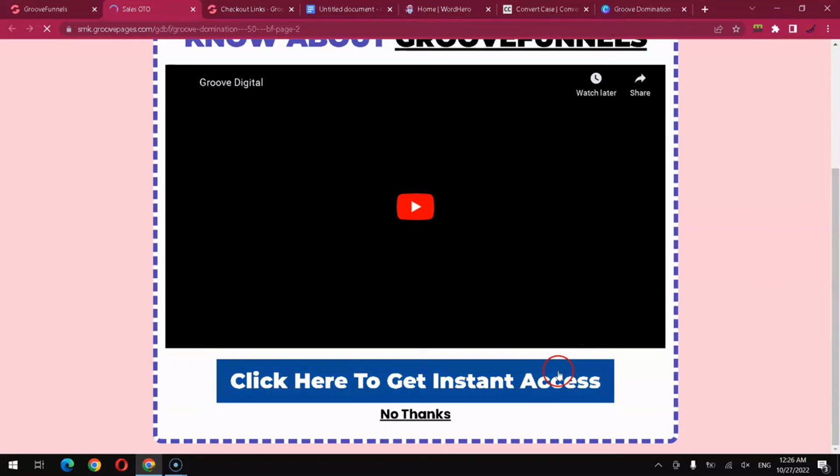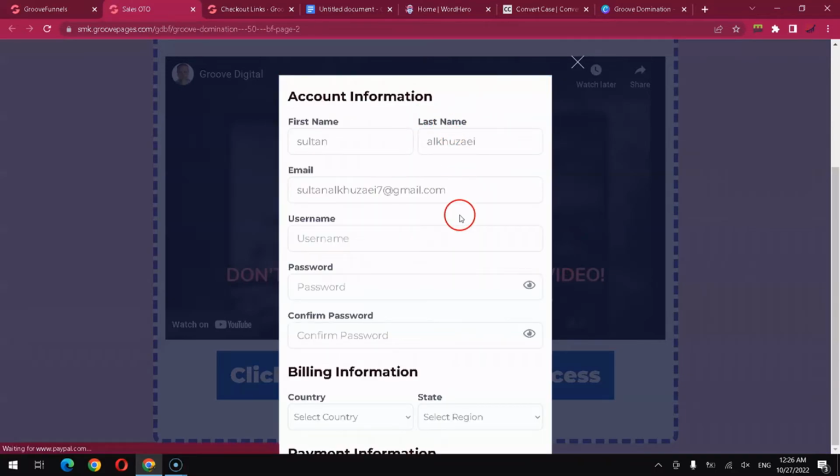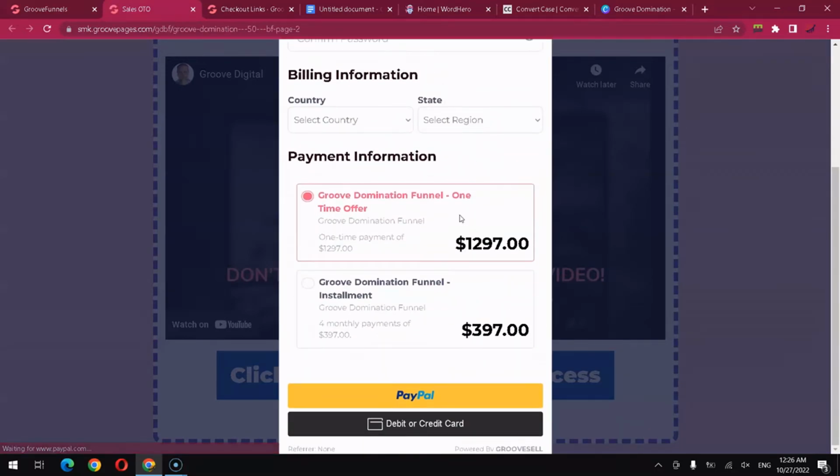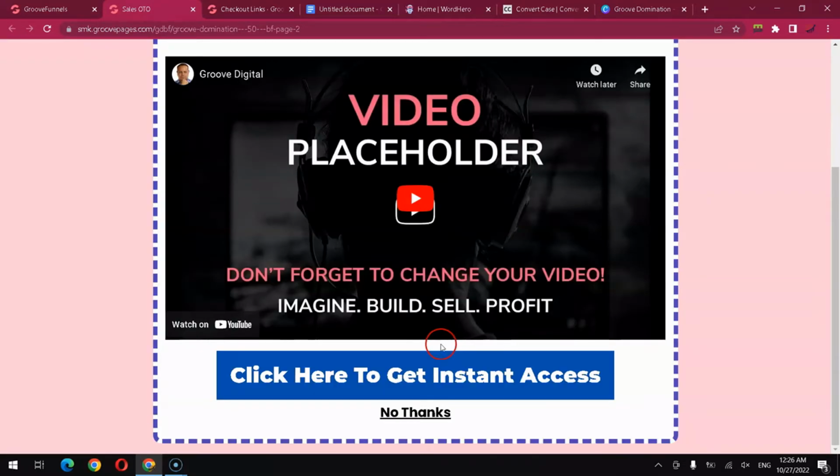Now let's test the button first. Click on the button, and here is the checkout form. Okay, next you want to test the no thanks button. Click on it, and yeah, like you see the link, it is the 50%